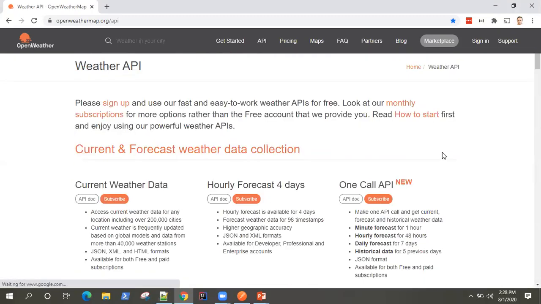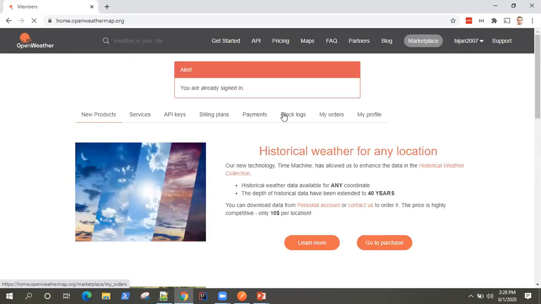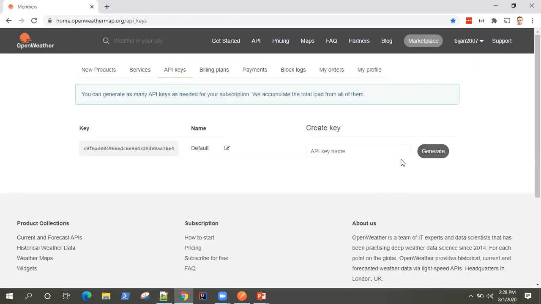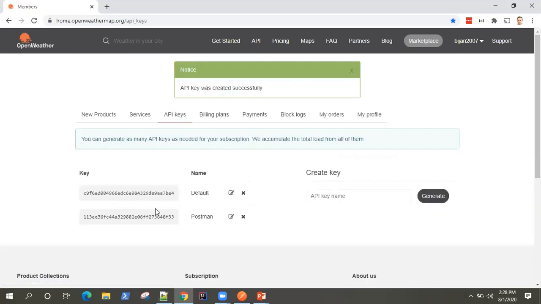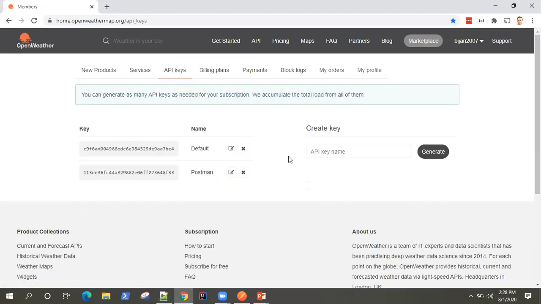Once you sign in to this weather API, you will be able to generate API keys. If you go to the API key section, you can generate your API key here. Give it a name and it will be generated. I already have one, but I can generate another one like Postman and click on generate. It will generate another API key. You can generate as many as you want for your purpose.